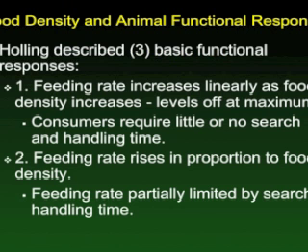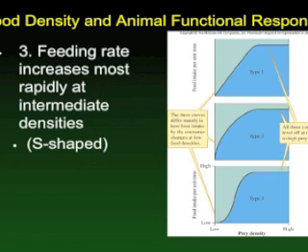An ecologist by the name of Holling looked at how animals might respond to increasing density of foods, and he developed basically 3 types of feeding rate responses. And in these, he saw that perhaps animals might respond by having just a linear response where there was increased feeding rate as the density of prey increased. This is reflected in small creatures like filtering worms in a marine environment that are eating very small food.